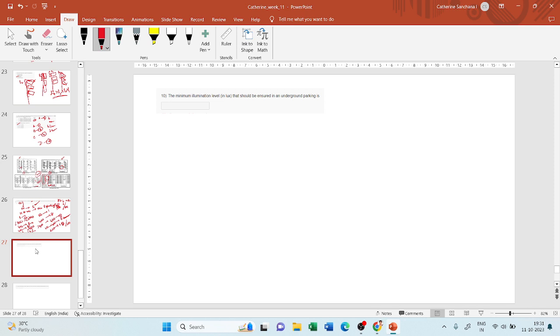Unlike surface parking, where illumination is required only at night time, because illumination is always designed for the worst case scenario, which is night time. But for underground parking, obviously illumination has to be provided even during daytime. So illumination is an important criterion, and they've asked what is the minimum illumination level that should be ensured